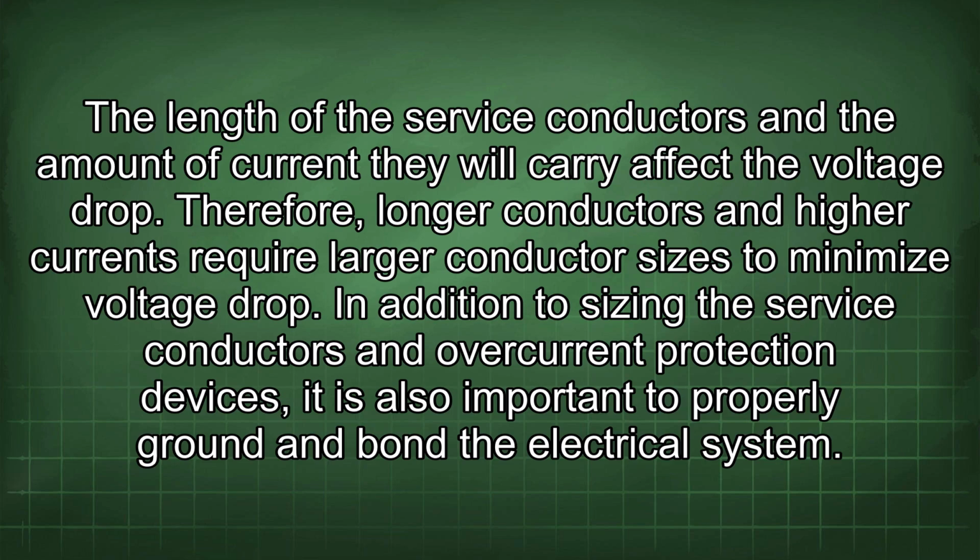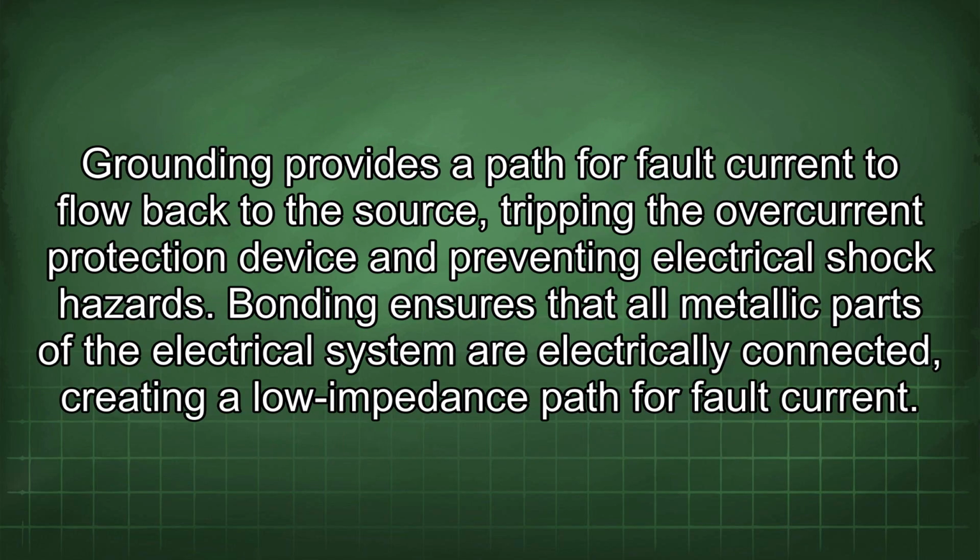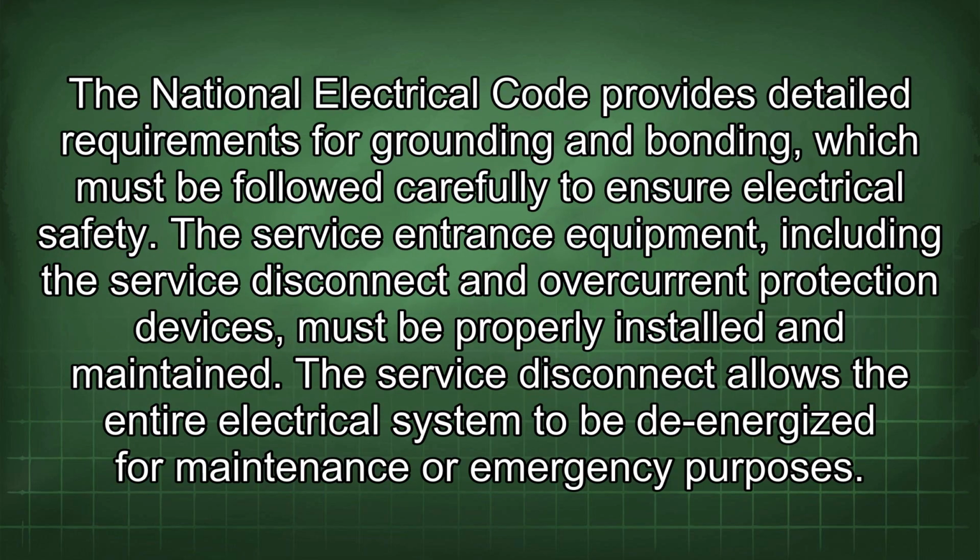In addition to sizing the service conductors and overcurrent protection devices, it is also important to properly ground and bond the electrical system. Grounding provides a path for fault current to flow back to the source, tripping the overcurrent protection device and preventing electrical shock hazards. Bonding ensures that all metallic parts of the electrical system are electrically connected, creating a low impedance path for fault current. The National Electrical Code provides detailed requirements for grounding and bonding, which must be followed carefully to ensure electrical